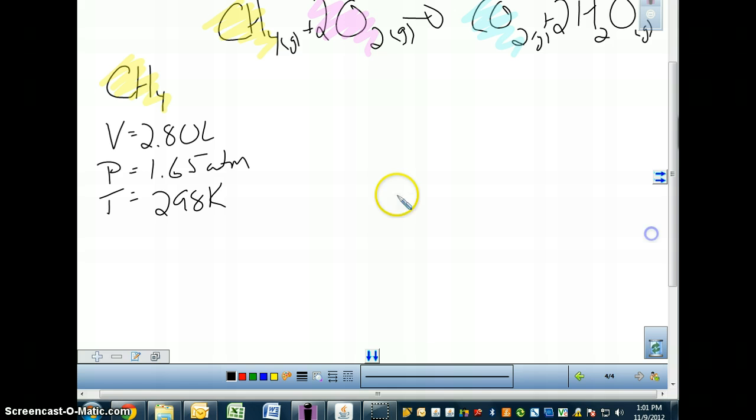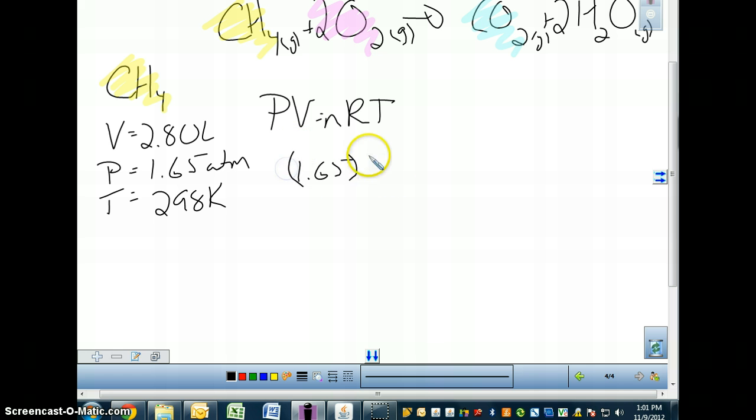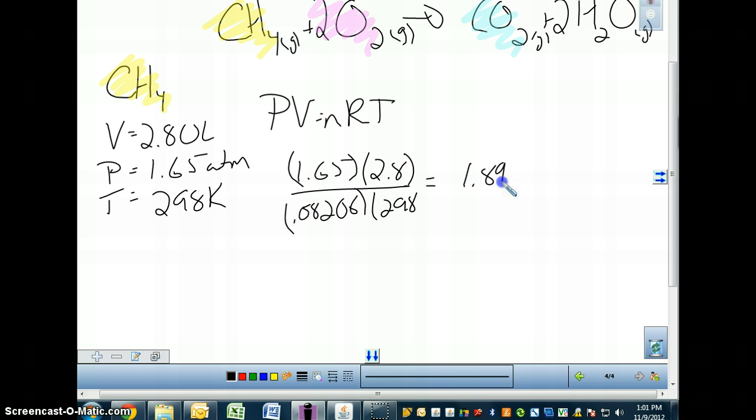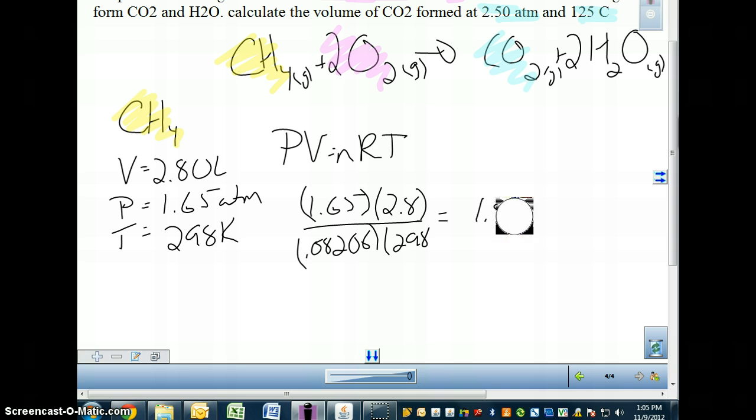I can go ahead and take my PV equals nRT, rework it so that n is by itself. I get 1.65 times 2.8, that's my pressure times volume, divided by 0.08206, R, and my temperature, 298, and I will get 1.89 moles of methane. I'm sorry, not 1.89,